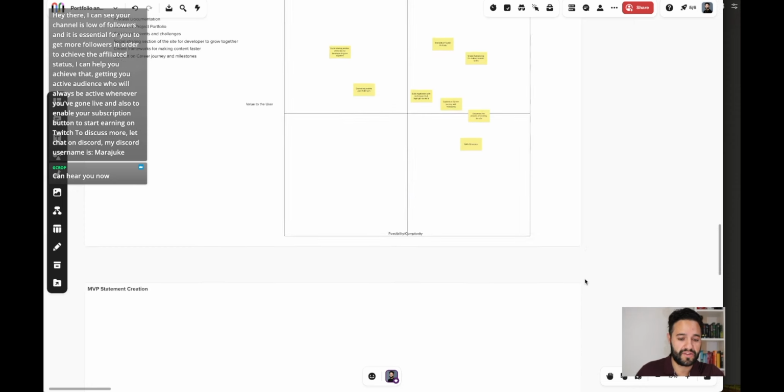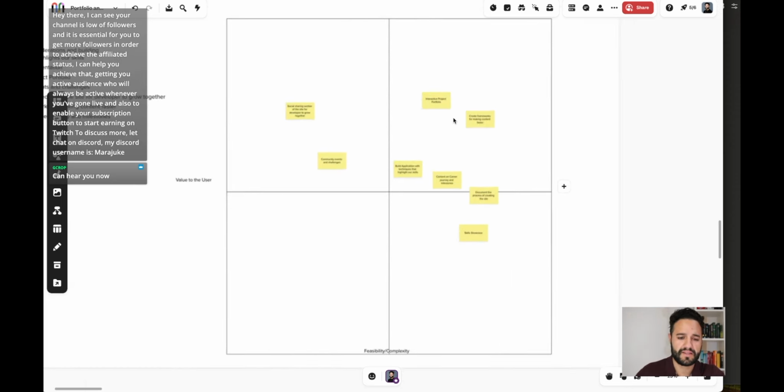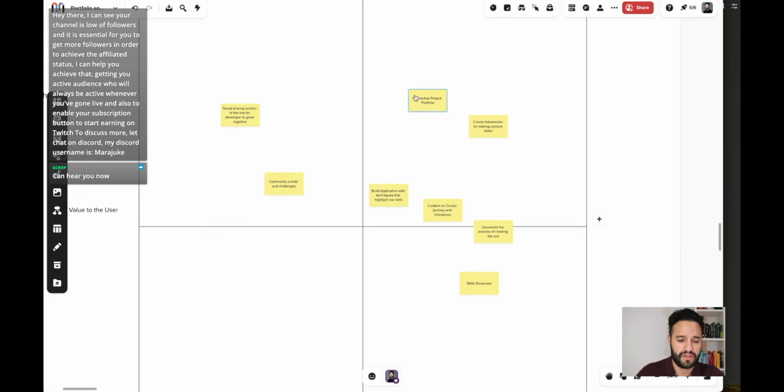And so now that we've done this, I kind of have an idea of what the priority is. It seems like the first thing that we should build is probably the interactive project portfolio and create some frameworks for making content faster. So that's probably the most important thing that I can do and focus on. I think building an application with techniques to highlight our skills would be very valuable, which would probably lead to more content. And then content on career journey and milestones, that might be like a good,